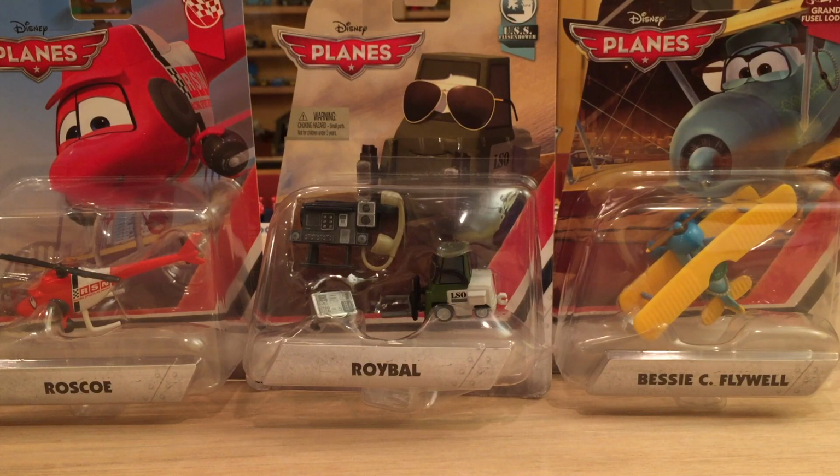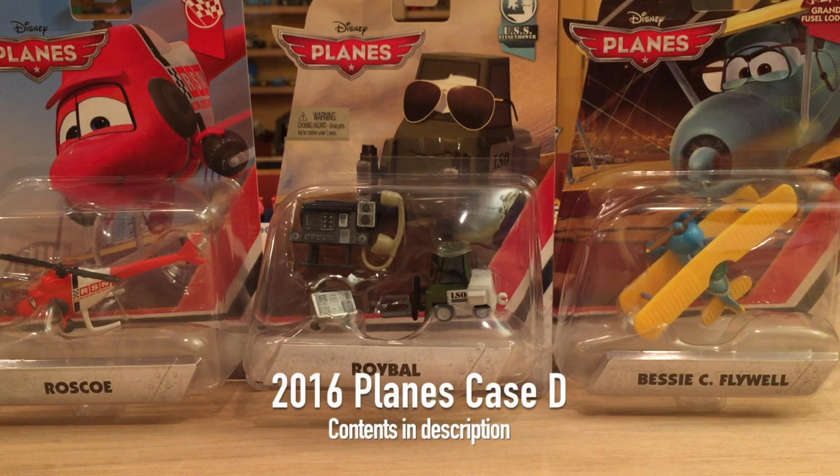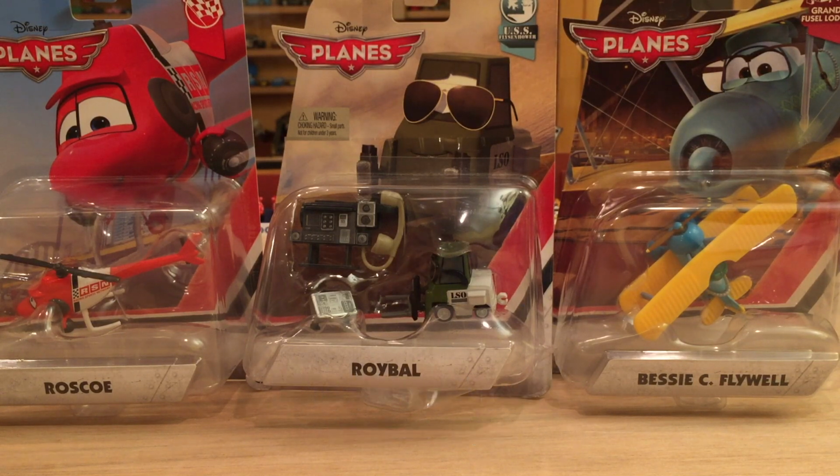In an effort to revive the Planes line, today I'll be reviewing the featured vehicles from 2016 Planes Case D. Now lately, the Planes line has been very slow. There haven't been many new releases since December, and the only ones that I've gotten lately are Tango, Yokla, and Windlifter with sunglasses. And if you'd like to see my reviews of those, the links will be down in the